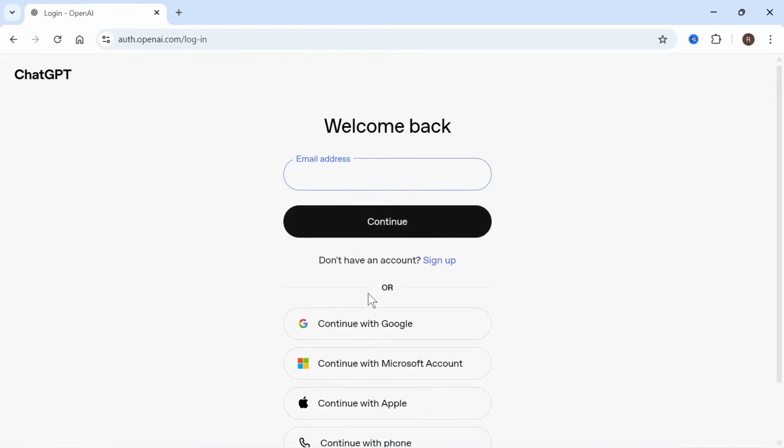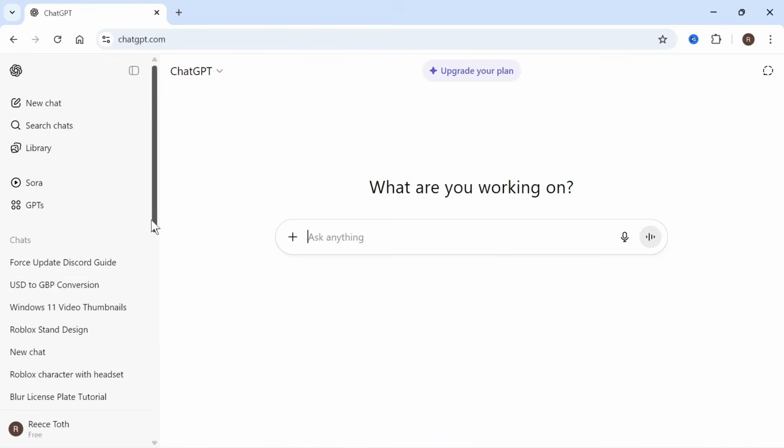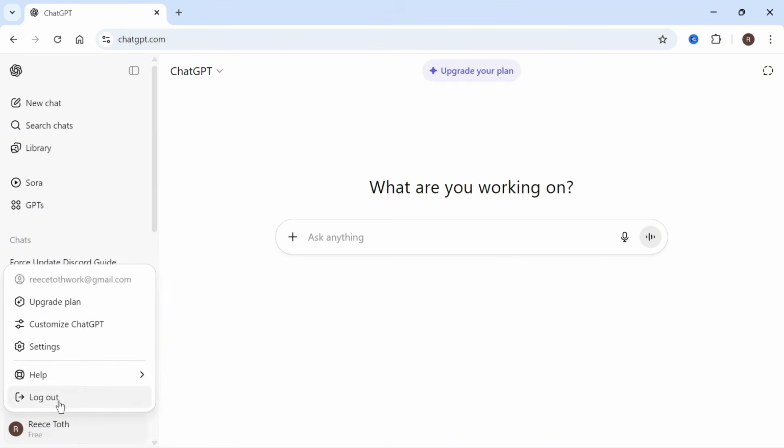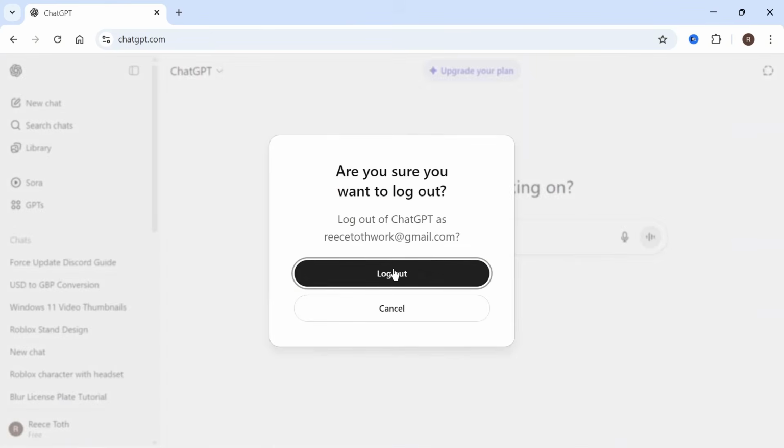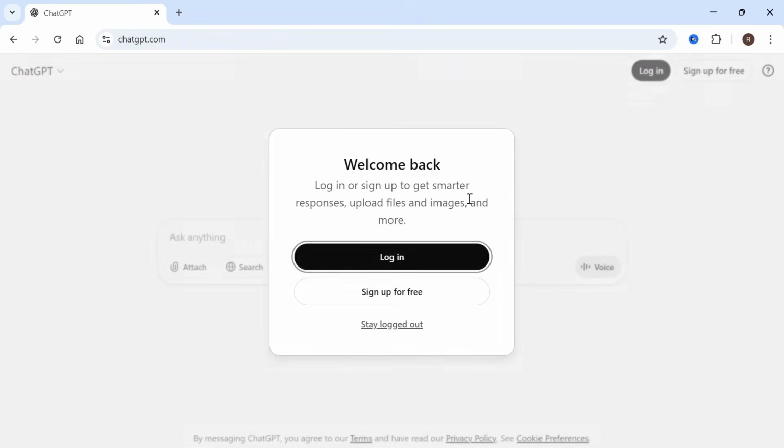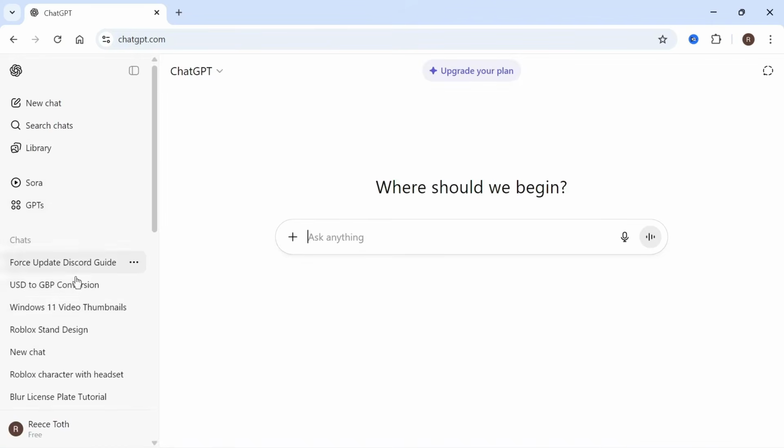with your ChatGPT account. Now, if you're already logged in and your history is not showing up in the left-hand chats menu, then what you'll need to do is click on your profile icon in the bottom left-hand side and then go and select log out. You can then confirm by pressing the log out button. Once you've done this, you can simply log back into your account and your history should now be showing up